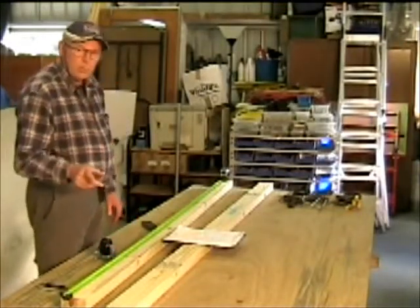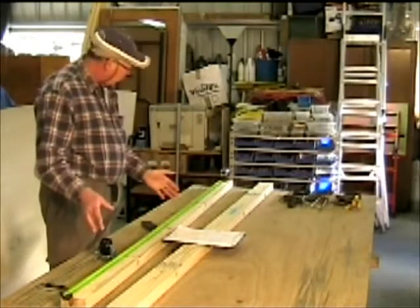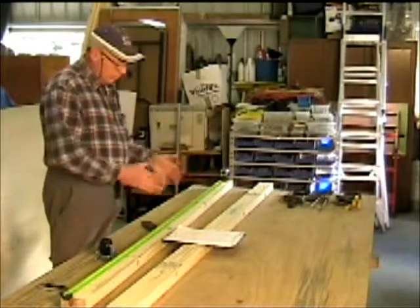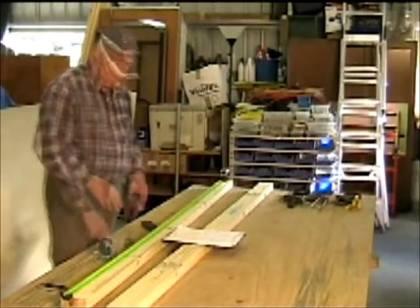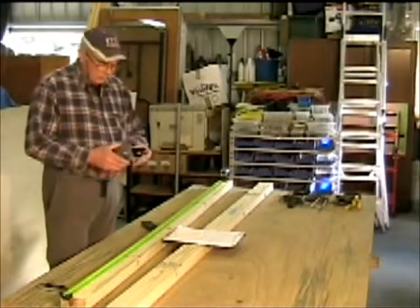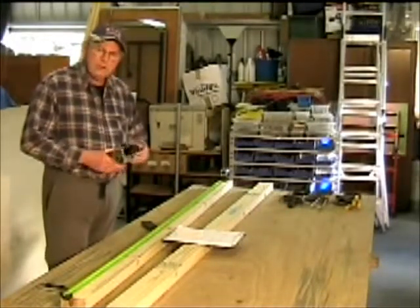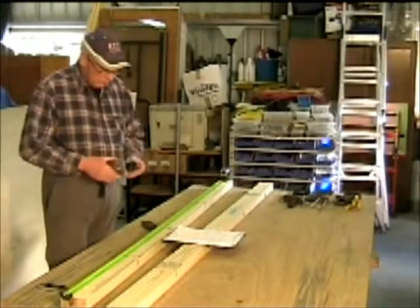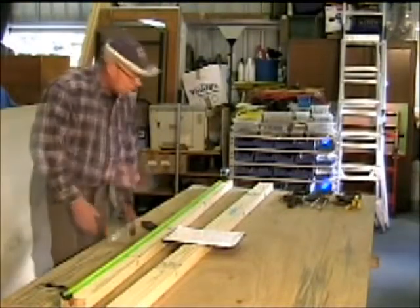First of all, we've got to work out how long to make each of them, although I'm not going to cut them up individually until they're all glued together and gone off. Each one of these casters will take 100 kilos of load. So we're using 6 of them, so it should hold a fair bit. The height of these,